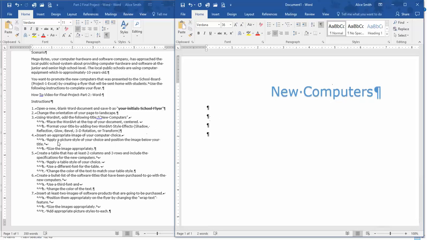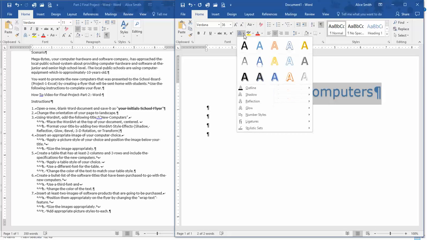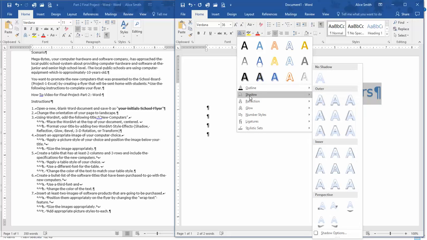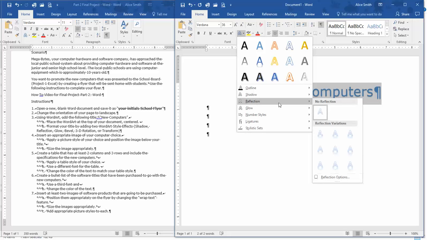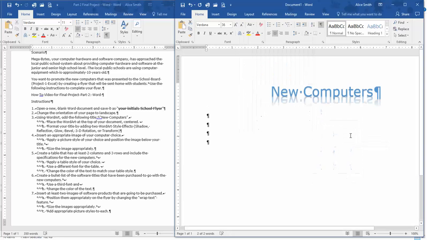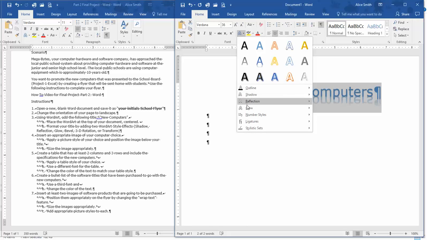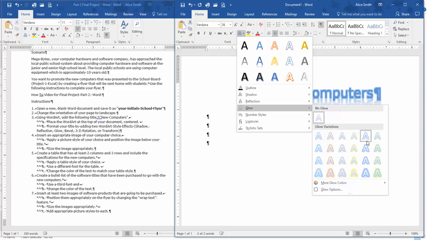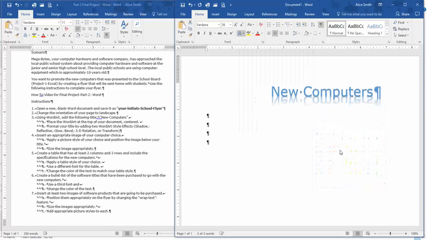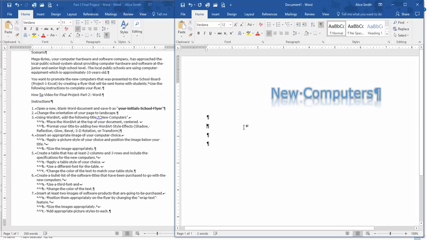I did. Format your title by adding 2 WordArt style effects. So you're going to come up here and highlight these. WordArt style effects. Okay. Shadow, reflection. Okay, so that's that one. Go here, drop down. Glow. Remember, it needs to be professional looking. No, I like that one. Okay, that's a little fuzzy, but